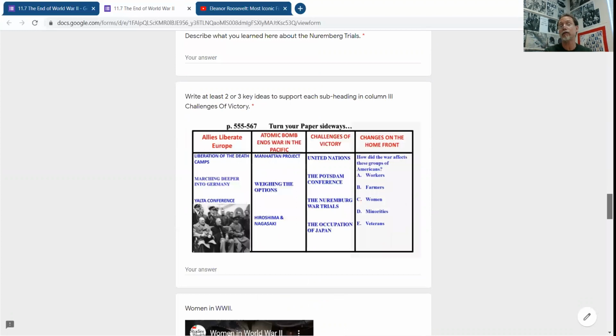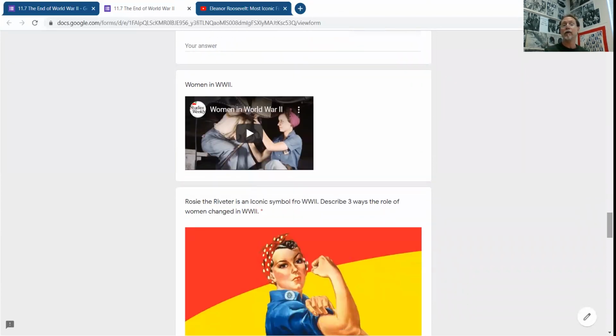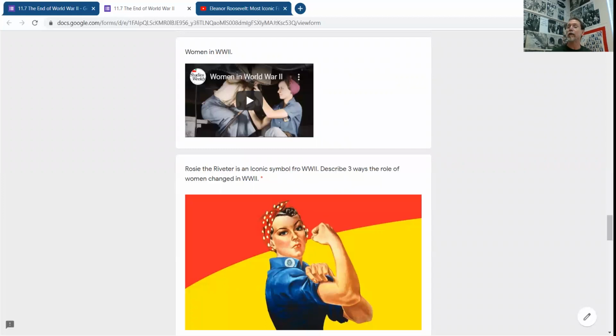Then you'll dig into the section of the notes that looks at some of those things: the creation of a brand new organization, the United Nations; what happens at the Potsdam Conference, which, like the Yalta Conference, is one of the big end-of-the-war conferences that includes the great world leaders of the time, Winston Churchill and Stalin. Roosevelt's dead at Potsdam, so you have Harry Truman in there. Then the Nuremberg trials and the occupation of Japan, which will create a brand new Japan, the Japan that we know today, a peaceful country that is a good neighbor in their part of the world.